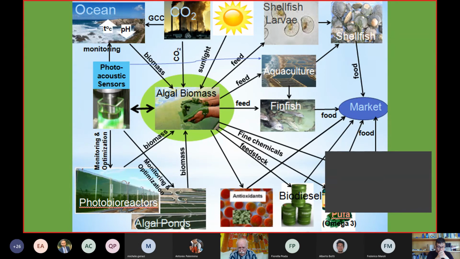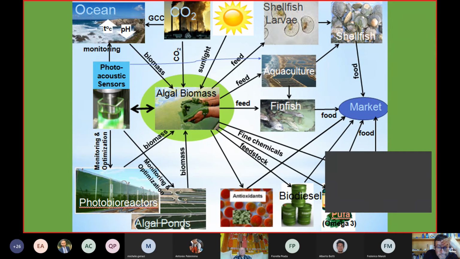You can feed fish, and it is very important to understand that all the larval stages of shrimps, of fish, and the algae themselves, in the case of oysters, depend in their early larval stages on algae as food. So there is already a large enterprise everywhere where they grow algae, where they grow any marine organisms.